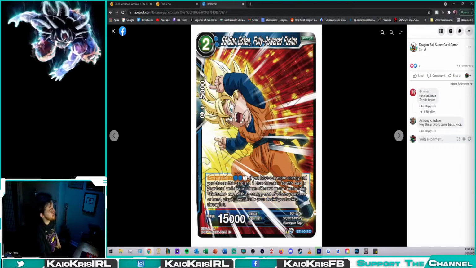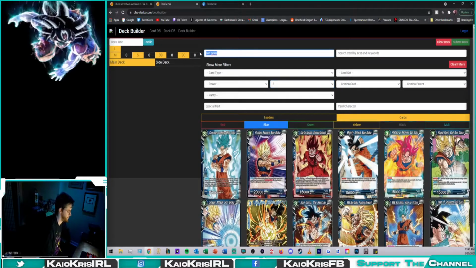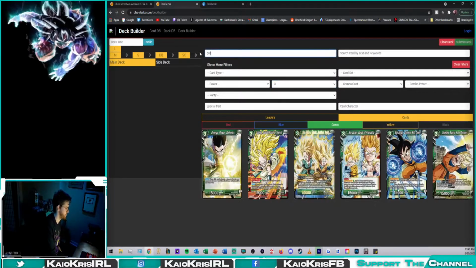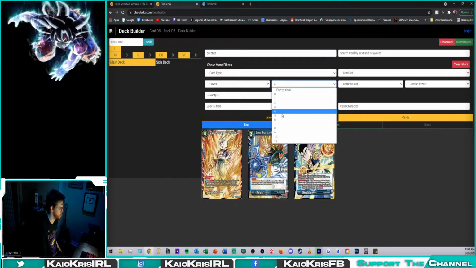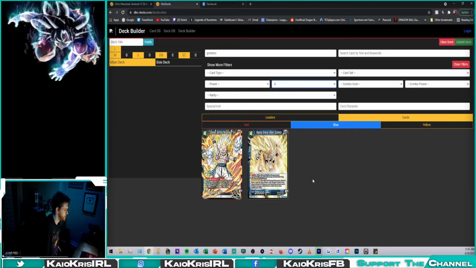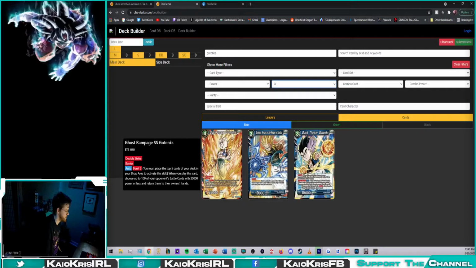Yeah. Future Trunks, well, that's Future Trunks, but the Trunks and Goten. So 4-drop Goku Tanks that are blue. Alright. So that's weird that this is in the 3. So these are your 3 options. So you have Ghost Rampage, Super Saiyan Goku Tanks. This is a 4-drop barrier double strike,